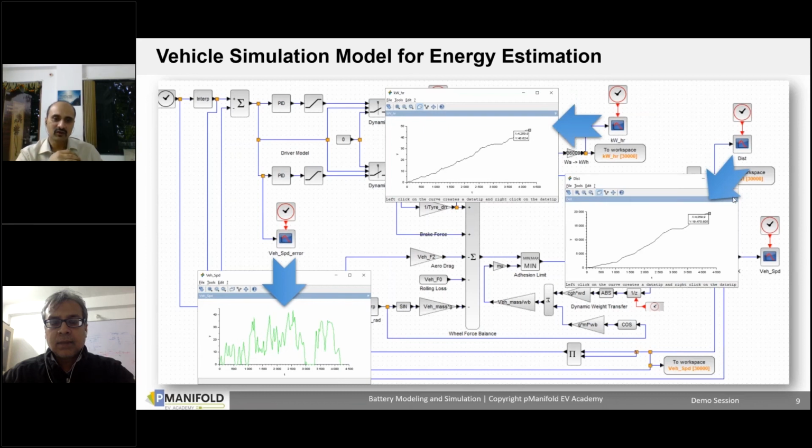And then there would also be assignments for each module. So there are 3 modules. The first module is the battery basics, the second is the controller, and the third module is the simulation and understanding the results. So modeling, simulation, and understanding the results. Each module will have an assignment, so there will be 3 assignments, and there will be a week's time to do those assignments. All those assignments will also be focused towards having you understand different aspects of modeling the batteries as well as the vehicle.